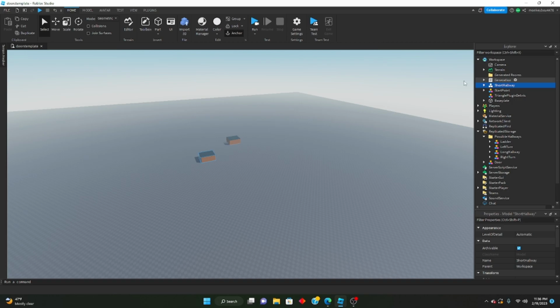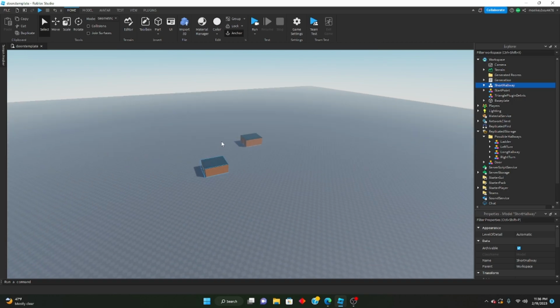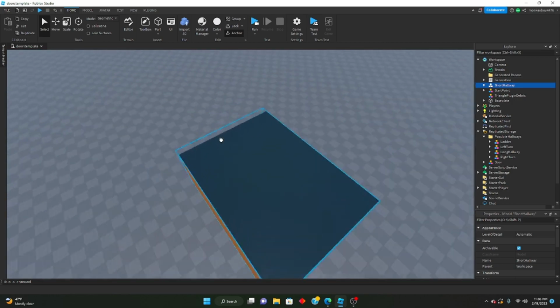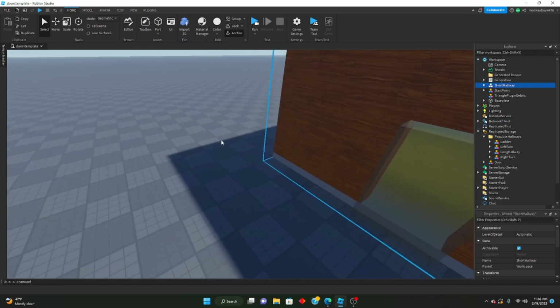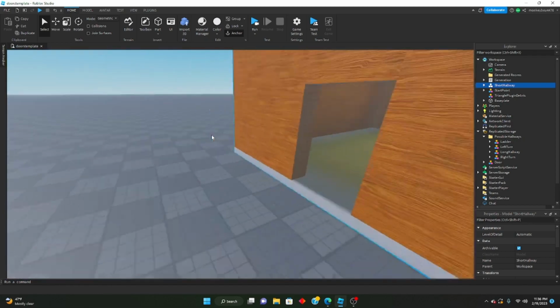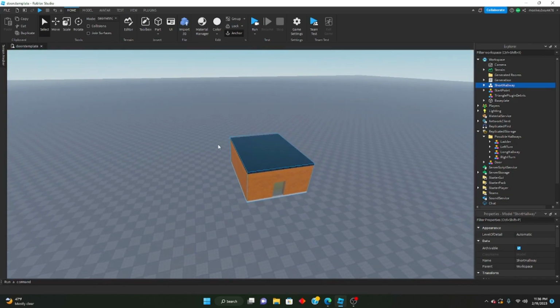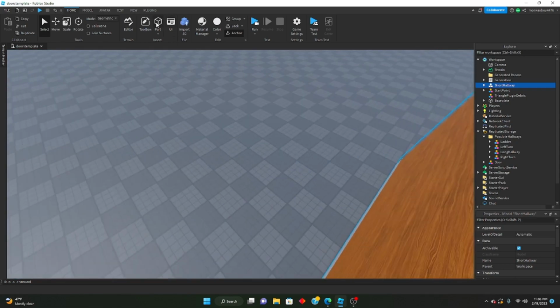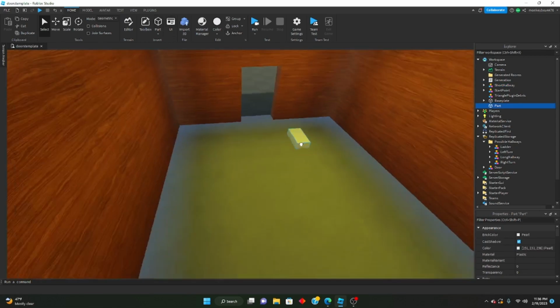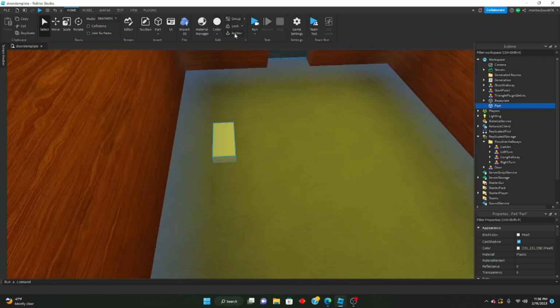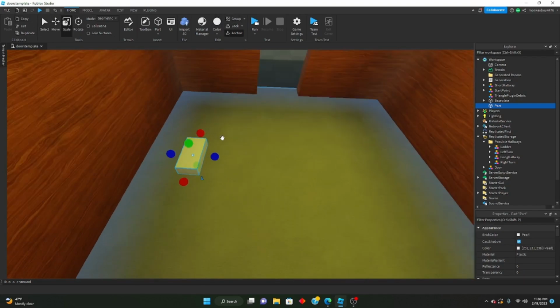And another thing I want to address, I've seen a lot of comments saying, I made an edit to a room and the room doesn't generate anymore. If you're making edits to your rooms, like let's say you're adding details to your rooms, I'm going to show you what you need to do to just add details. So let's say I wanted to make a pillar in this room. First of all, anchor it. Make sure it's anchored. Second of all,